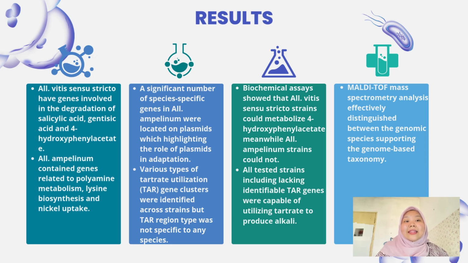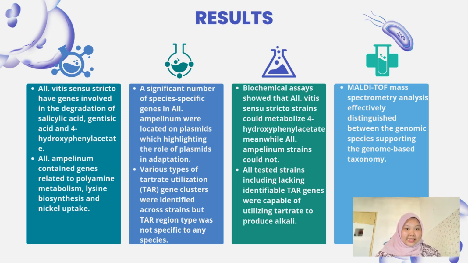Next, Allorhizobium vitis sensu stricto has genes involved in the degradation of salicylic acid, gentisic acid, and 4-hydroxyphenylacetate. Meanwhile, Allorhizobium ampelinum contains genes related to polyamine metabolism, lysine biosynthesis, and nickel uptake. Furthermore, a significant number of species-specific genes in Allorhizobium ampelinum were located on plasmids, highlighting the role of plasmids in adaptation. Various types of tartrate utilization (TAR) gene clusters were identified across strains, but